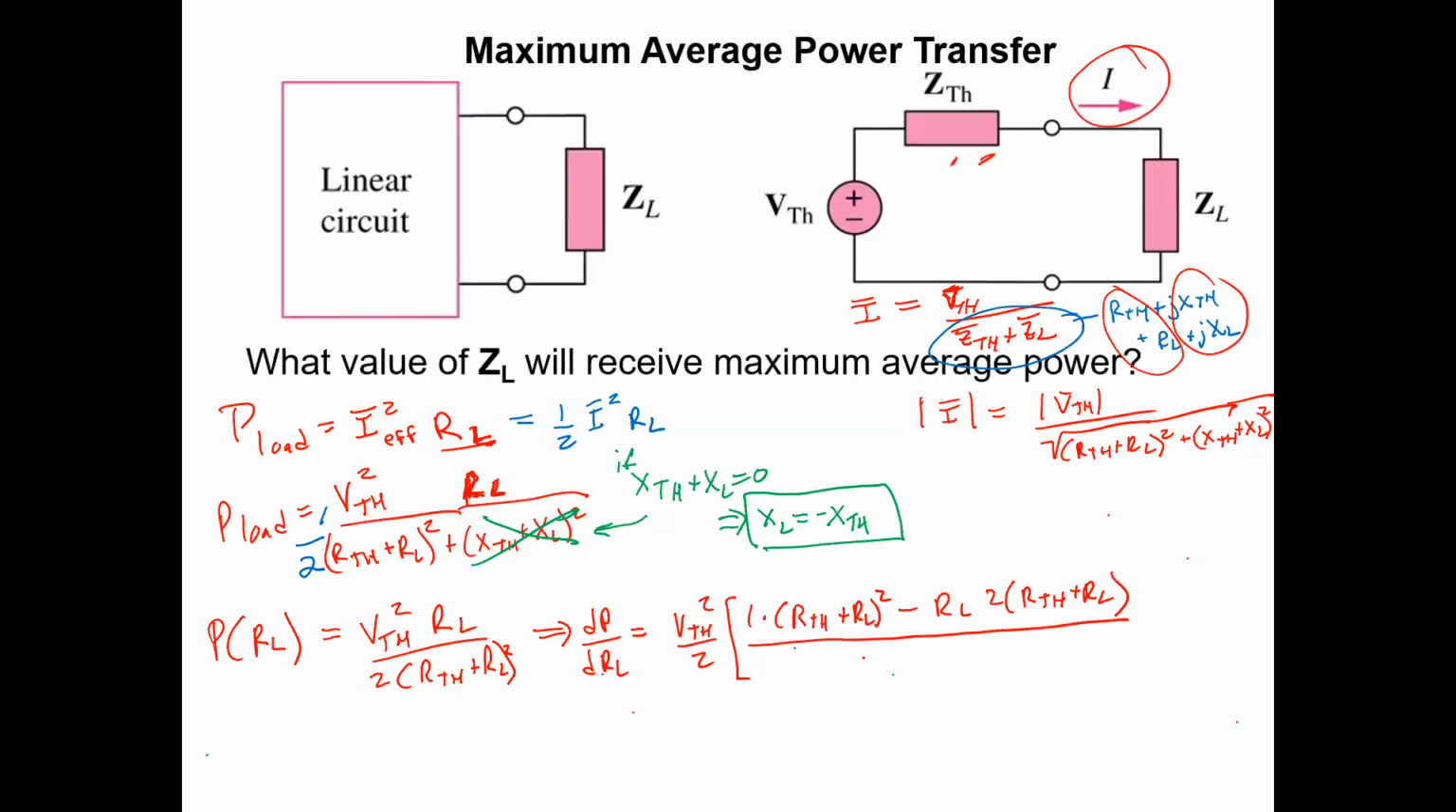Over the square of the denominator, R Thevenin plus RL to the 4th. And we set that equal to 0. And when we set that equal to 0, we can find that we're going to have essentially